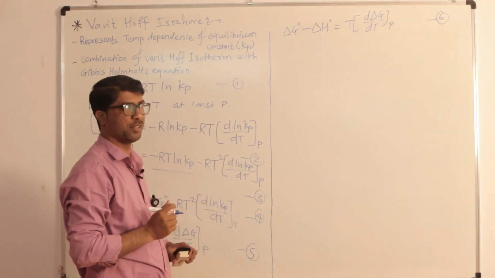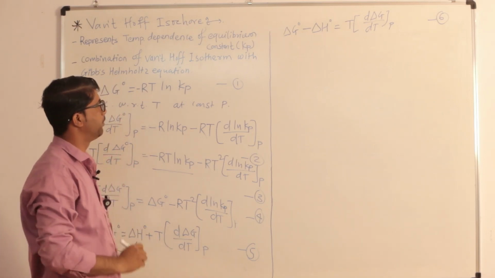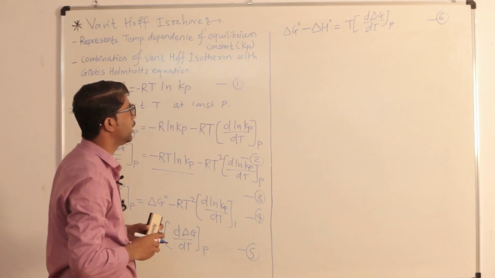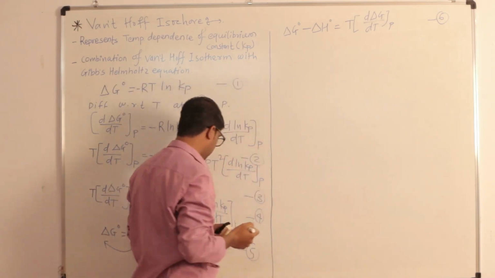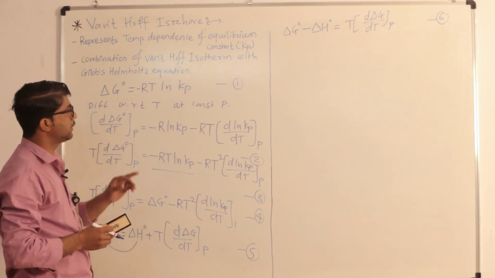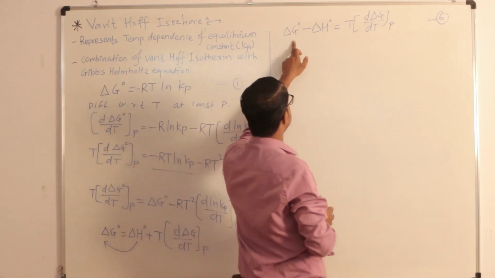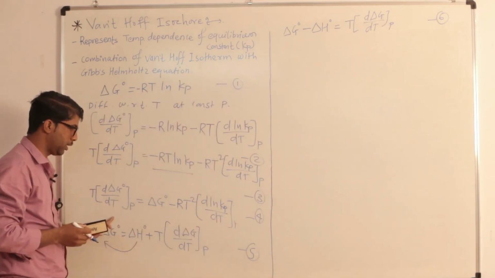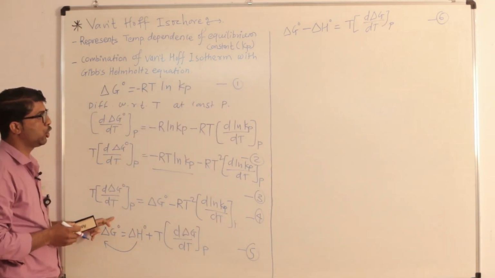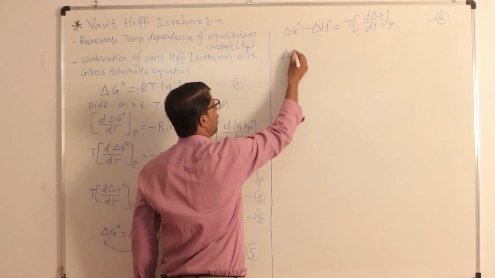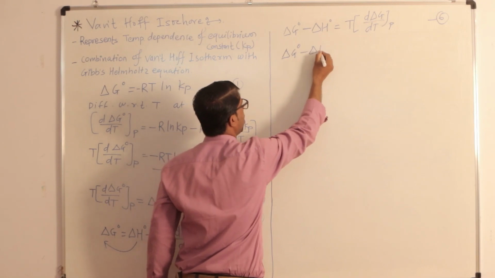Edit, I made a mistake in the equation. Okay. In the next step, I am going to compare equation number 6 with equation number 4. Here in equation number 6, this is the value of this term, and this term is the LHS of equation number 4. Therefore, I am going to replace this term with delta G0 minus delta H0,